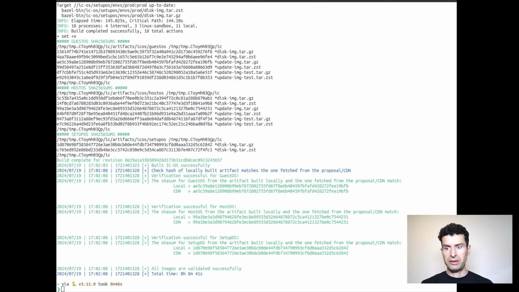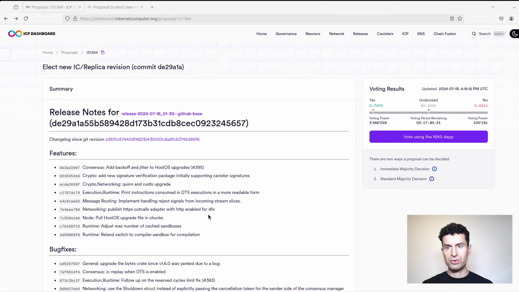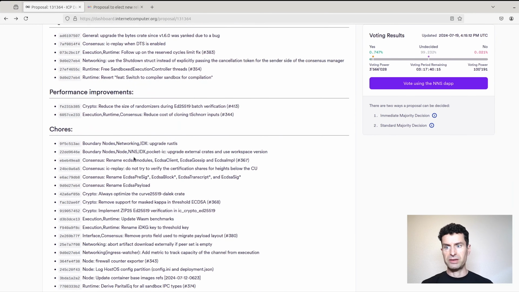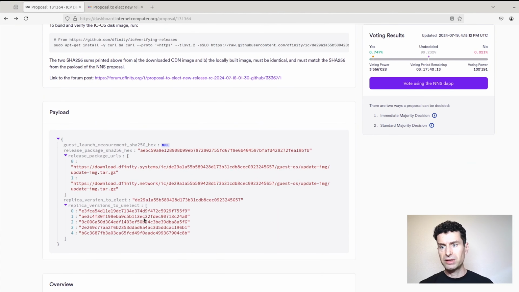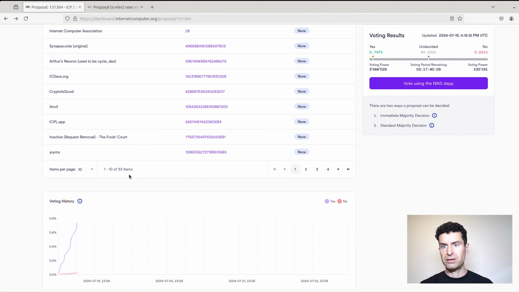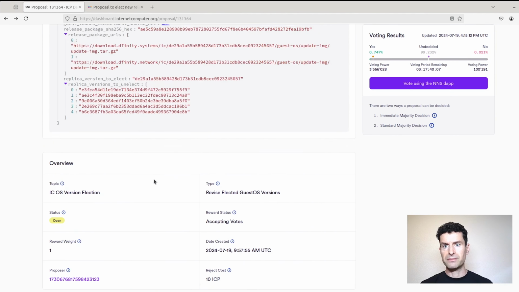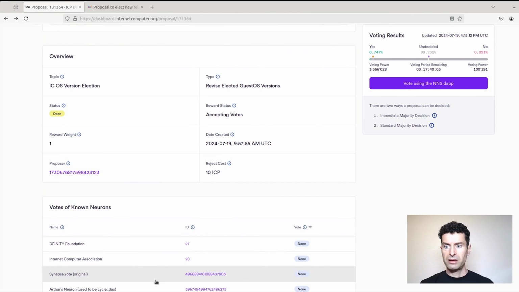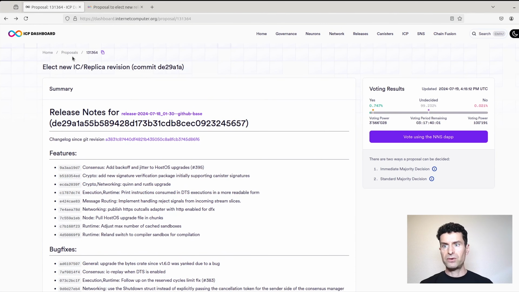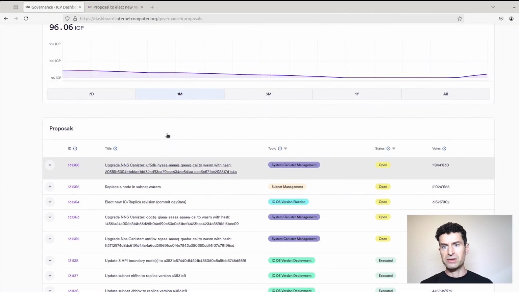All right, and let's go back briefly to the proposal. So in the proposal itself, as we have seen, there is a summary, and then there is a payload, and at the end, there is a list of voters and votes. If you go to the list of proposals,